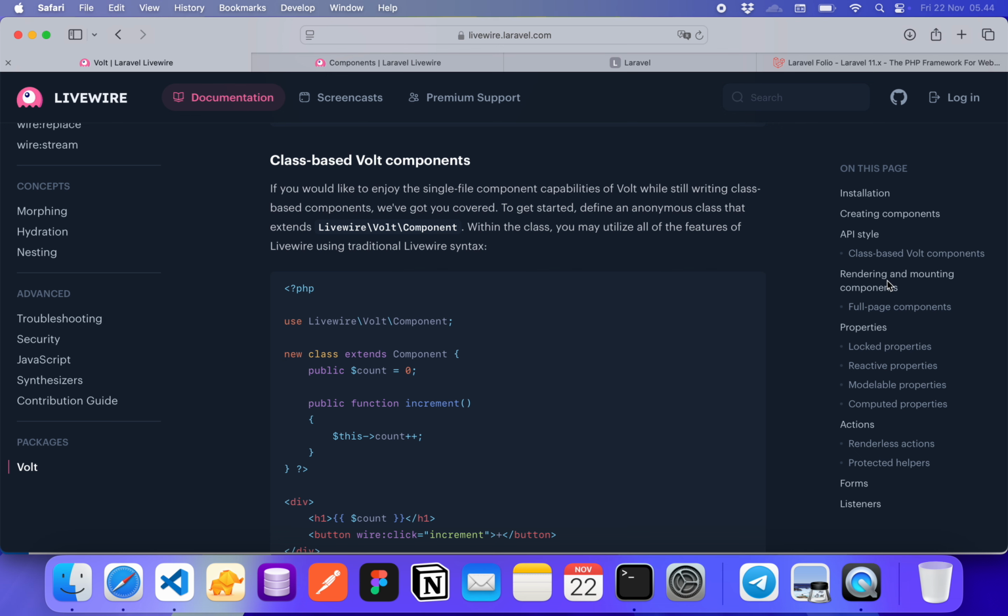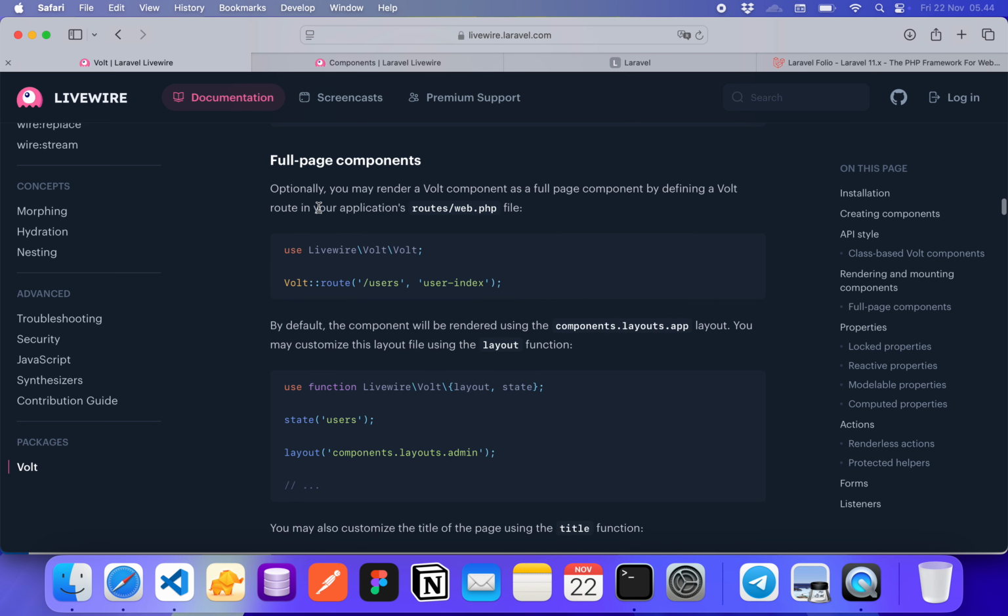excuse me, if I want to make it work, it means that I use the full page component, which is mentioned in the Livewire documentation: you may render a Volt component as a full page component by defining a Volt route in your application's routes/web.php file, like this one.